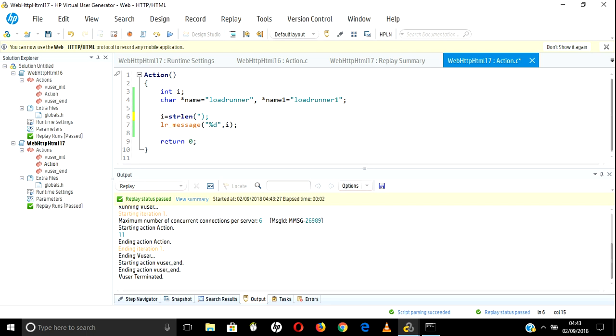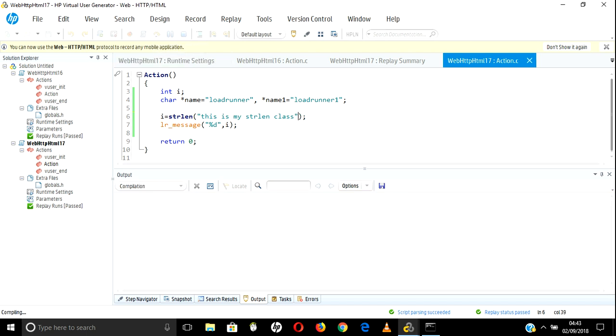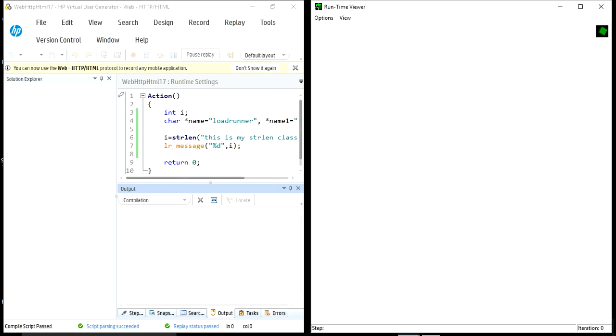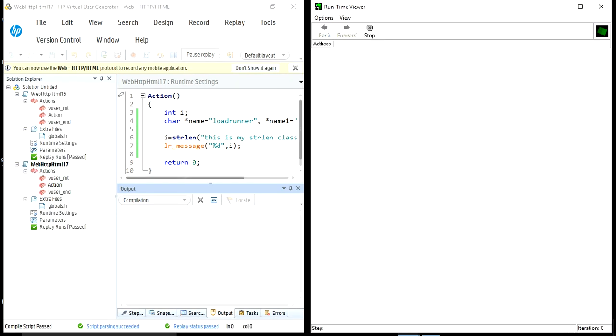So this is my string length class. If you want to find the length of this whole string, then you can find it. So just simply pass here directly a static value. It will find the value and it will store the value into the I variable, and that I variable will be displayed down below. So this way also we can pass. This is static value passing, this is Loadrunner value passing, and the other one we will see is